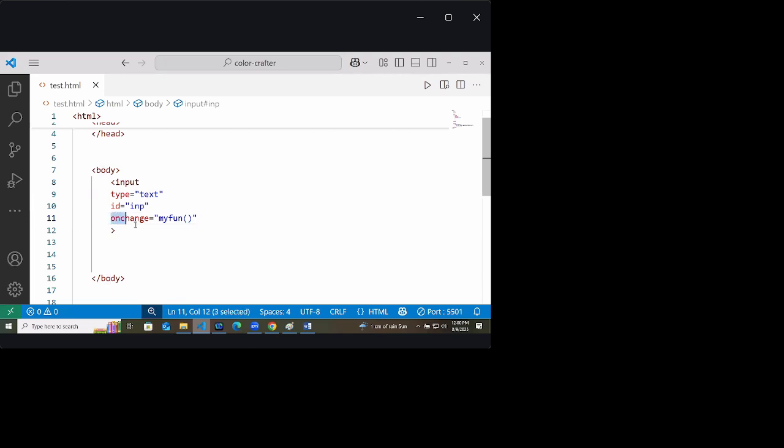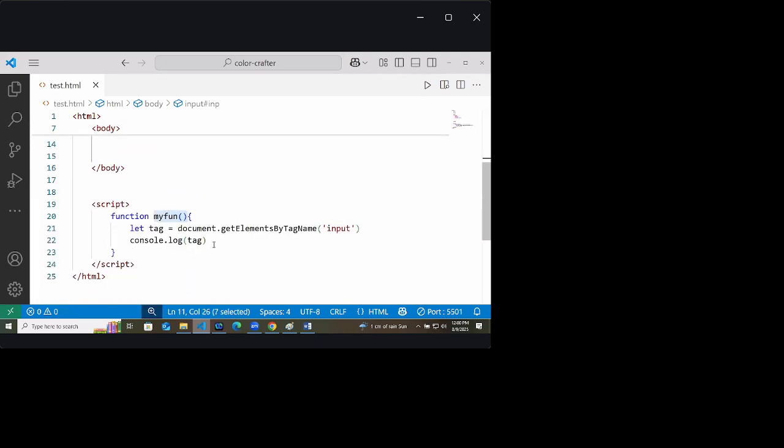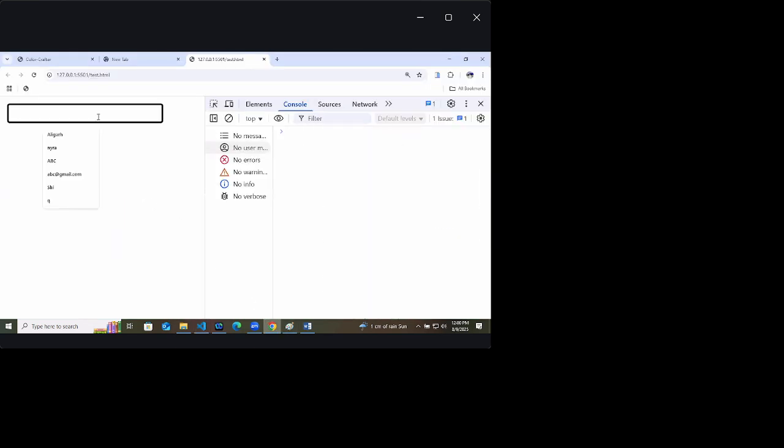So whenever the value is changing, it will call myfun, and myfun will print something to the console: called. Go there, type something here. We got something in the console: called.